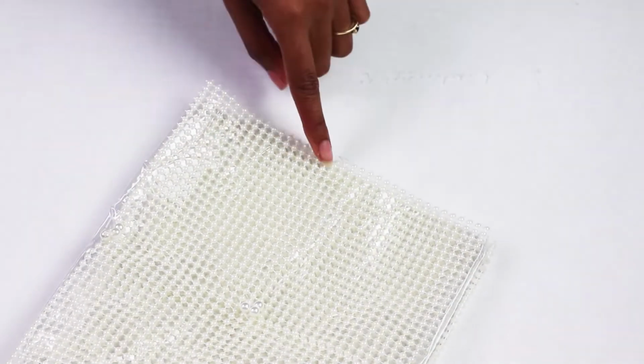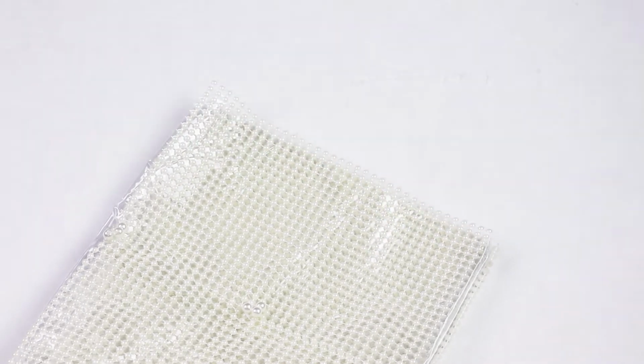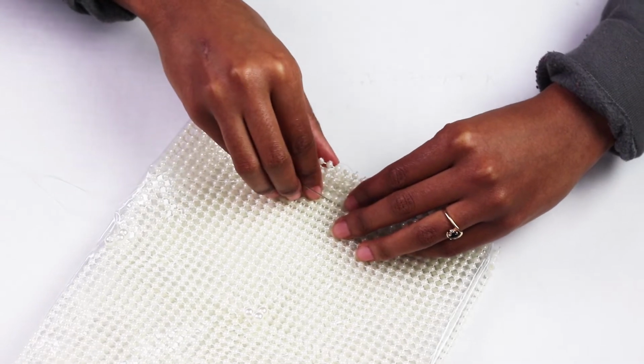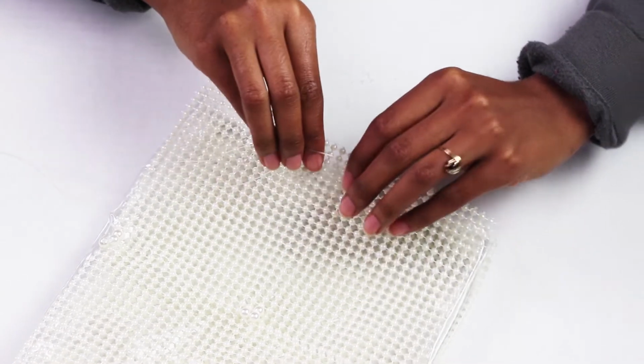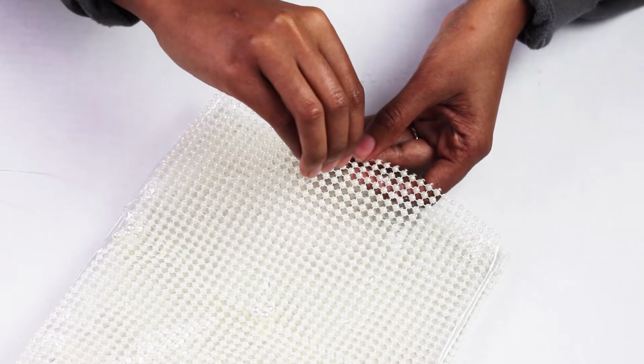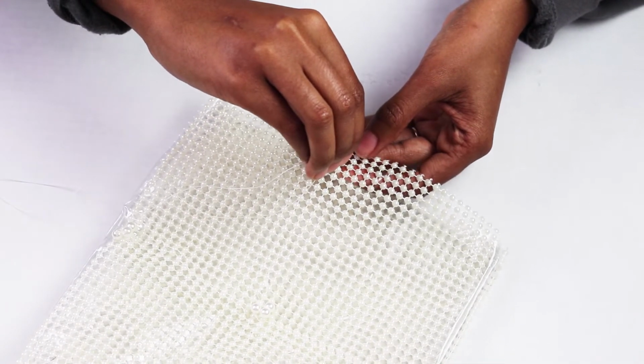I guess the thread would have been as secure because it kept sliding through. So I'm using these little pearl beads as little accents, which I thought were cute, and it kind of follows the inspiration bag that I saw on Mango. And what you're going to do is you're going to want to send the needle